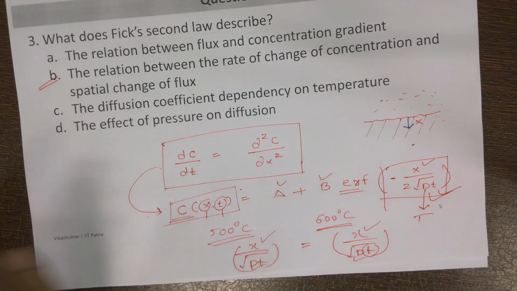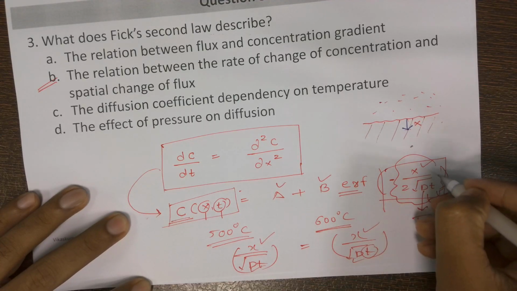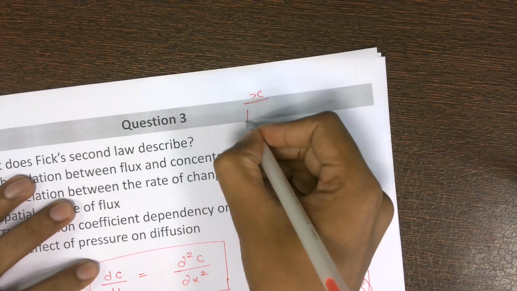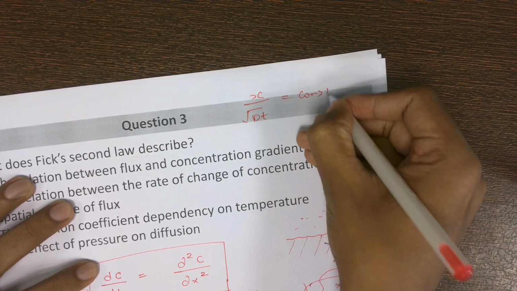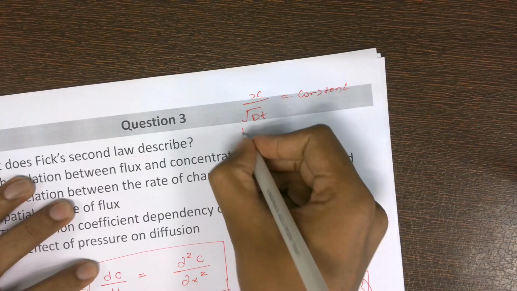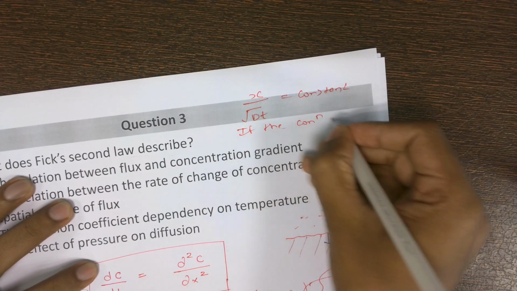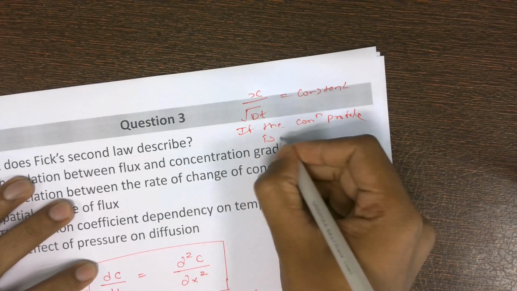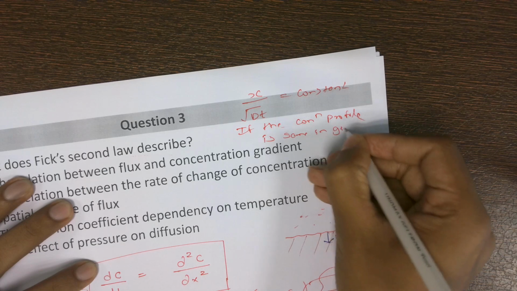So the questions will be asked in a way that you have to make sure that this remains constant. So what we will remember is that x upon root Dt will be constant if the concentration profile is constant or same in a given case,